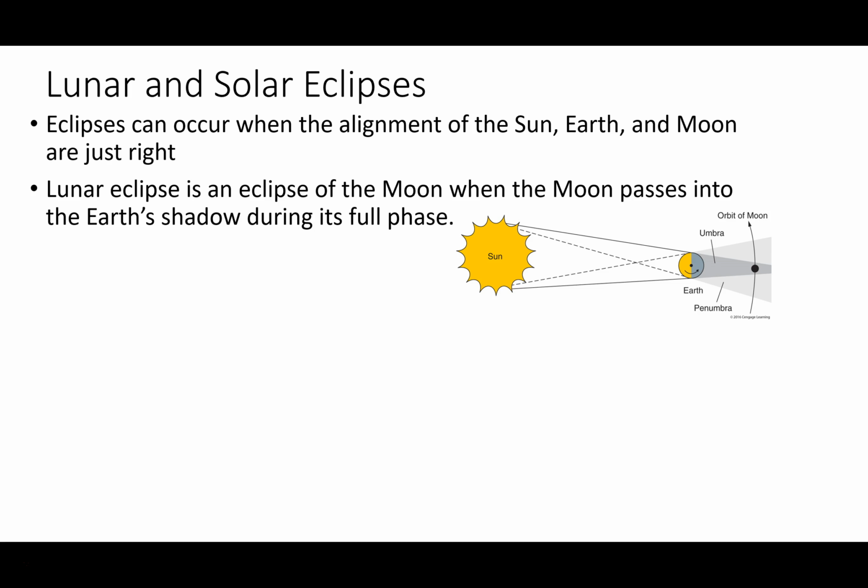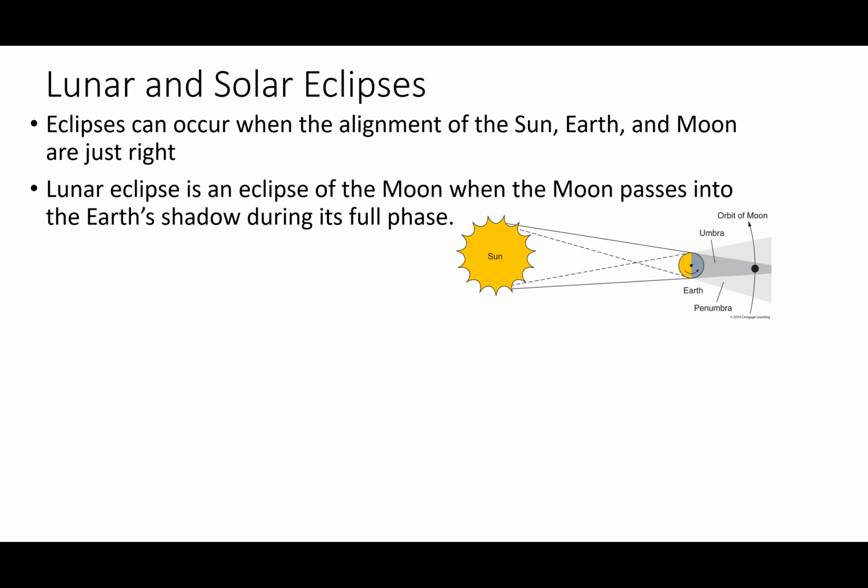And you hear them talk about the fact that the moon is passing into the Earth's shadow. This figure has it on it, but whether the moon is passing through it or not, the sun shining on the Earth is casting into space 2 shadows. A really dark shadow called the umbra and a lesser shadow called the penumbra. So if the moon passes into the umbra part of the Earth's shadow,